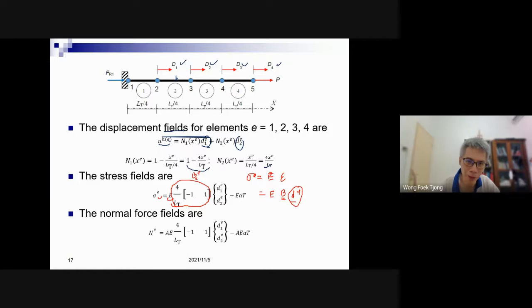How about the normal force? This is not the shape function. This is the normal force. Sorry for the same symbol, but this is not. This is the shape function. This is the normal force, right? Or axial force. The axial force is just sigma times what? Area. So this is just this one times the area. This is due to the pressure effect. This is due to other loadings. So that's all. Any question?